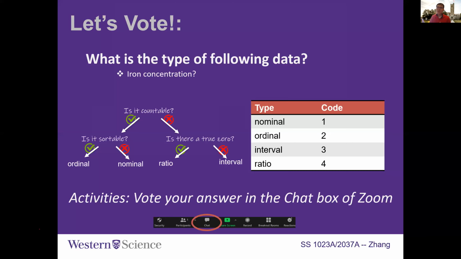You can imagine it could be 5% and it could be 2.5%, and it can take any value between those. So in that case, it is not countable, because there are infinitely many values it can take. It is actually ratio, because there is a true 0: if there is a 0 iron concentration, that means we don't have any iron in the substance.